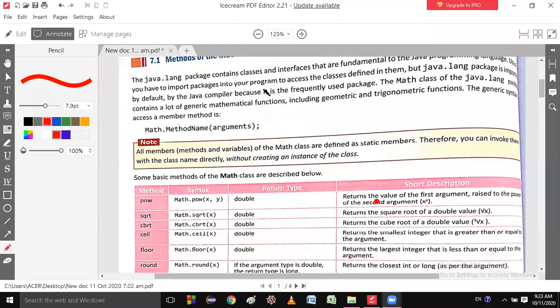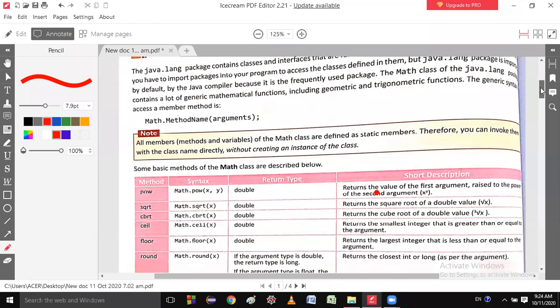Should I go from here? Should I quit from this class? Sir, your voice is not coming clearly, so we could not hear. Okay, tell me, if the method is static, then how will you call it? Sir, by the class name. By the class name.